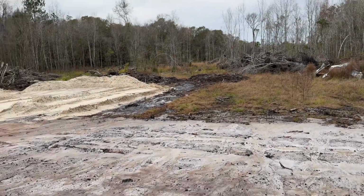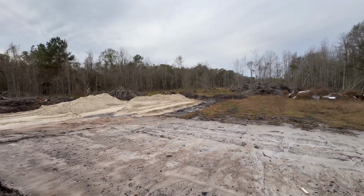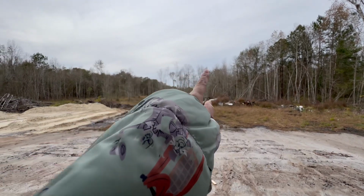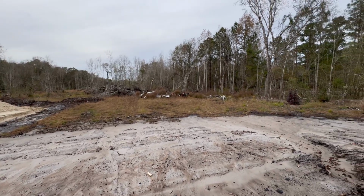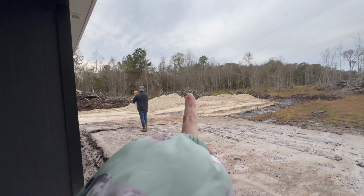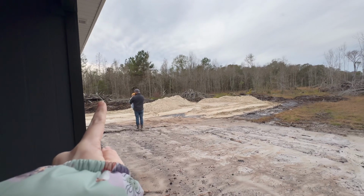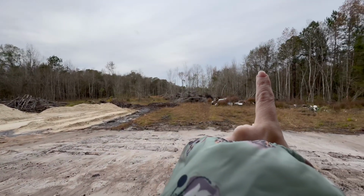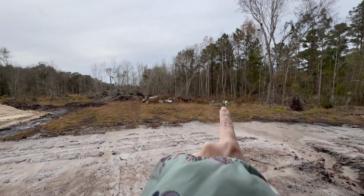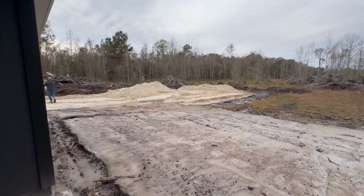This gives you an idea of our property. It just keeps going and going and going past all of this. So, yeah, we have a lot of work to do. We've got piles of trees that got taken down, but that were not big enough for the tree harvesters to take with them. So we have to figure out what to do with all of these. This was a trailer that was on our property when we bought it, so we have to dispose of that. So yeah, we have quite a bit of work to do once we get out here, but I'm ready to